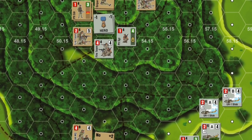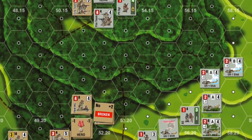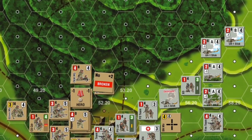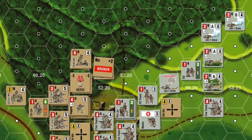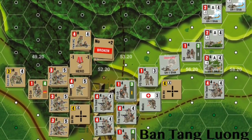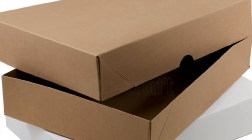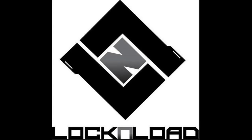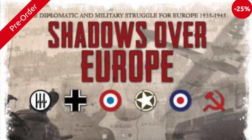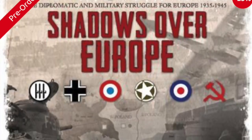Front Towards Enemy contains 3 counter sheets of 5/8 inches, 2 unmounted map sheets 22 by 34 inch, 1 rulebook, 2 combat result tables, 1 helicopter table, 4 scenario cards, 2 D10s and 1 D6, and a box and a lid. Lock and Load. Shadows over Europe is a 2 or 3 player game simulating the diplomatic, economic, and military